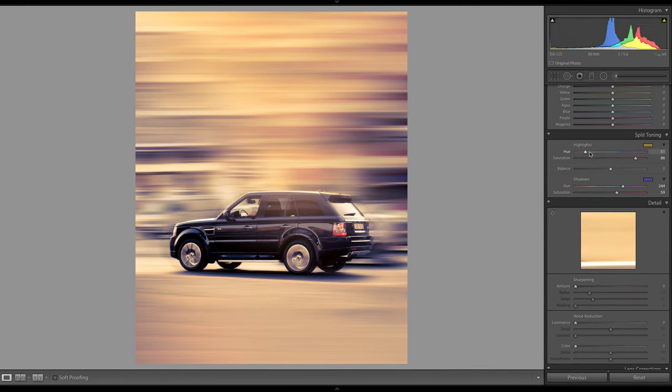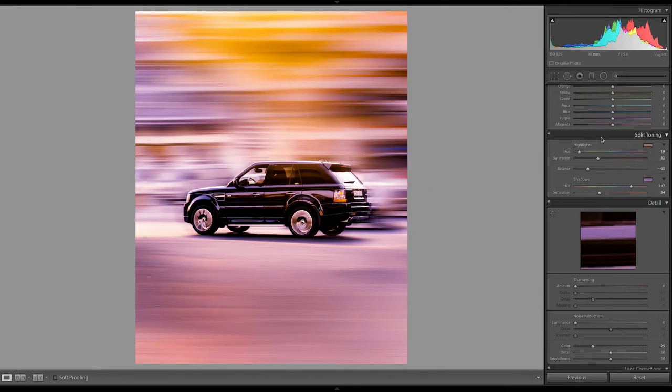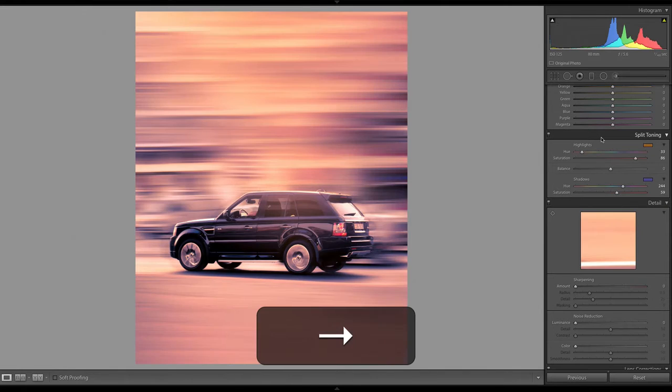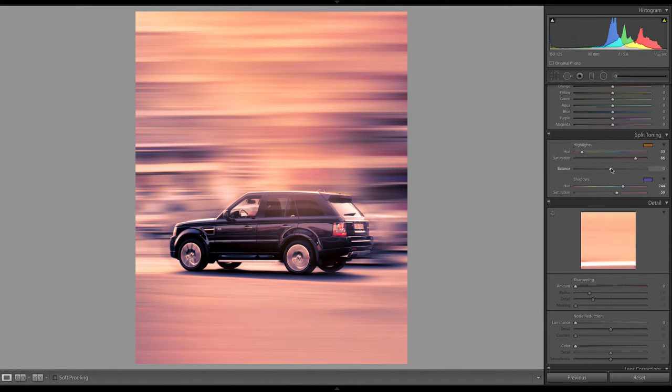And maybe my yellow was a little bit more orange, something like that, but it still doesn't look the same as in this shot. Why is that? The reason is because the balance is off. Between the highlights and the shadows, you have this balance slider. If we drag to the left, what happens is the shadows get more power, get more of the color and the power of this effect.